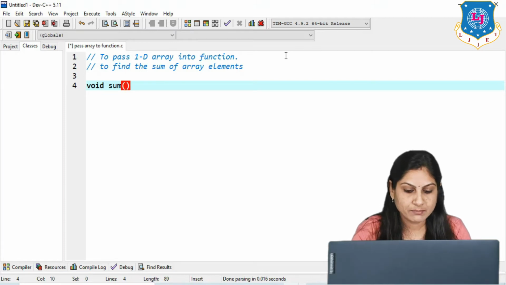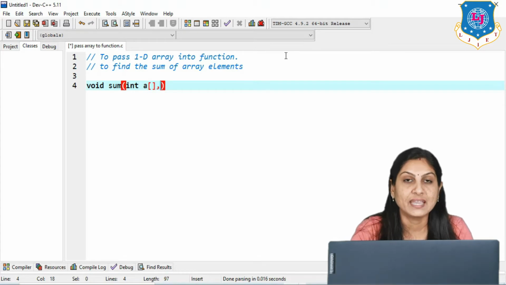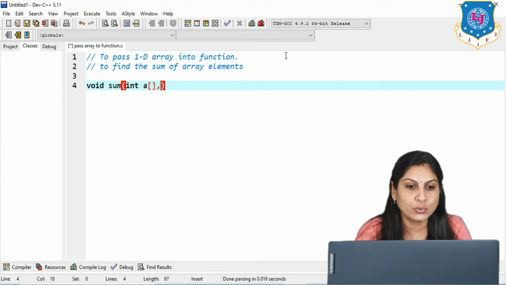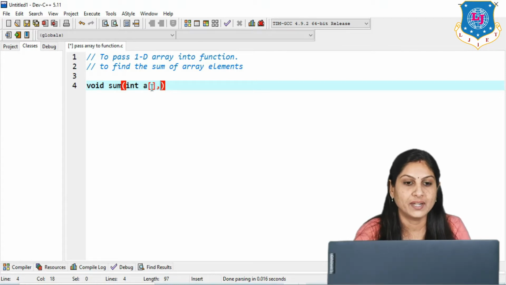The first parameter is our array, and the array has no size here. Why? Because the second parameter is the size of the array. So there is no need to include any number inside the square bracket, like a of 3 or a of 5.